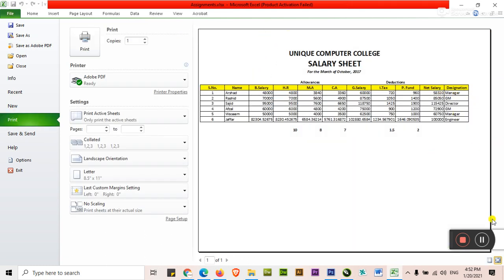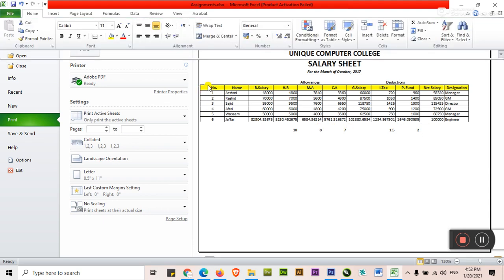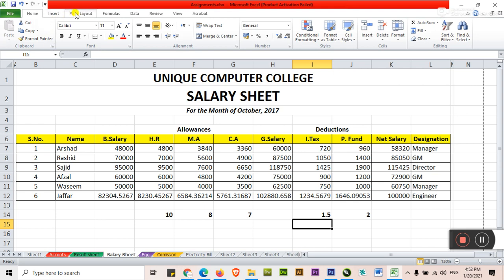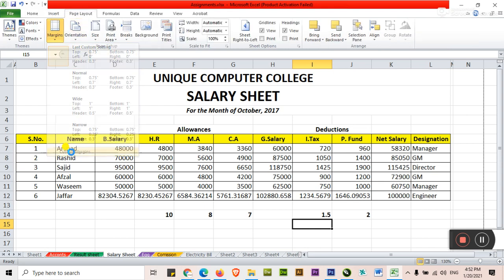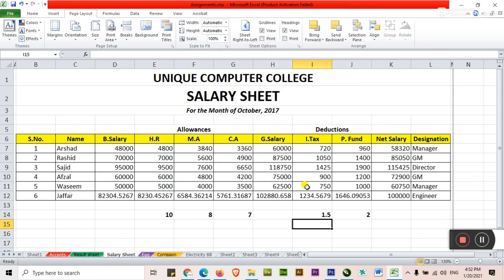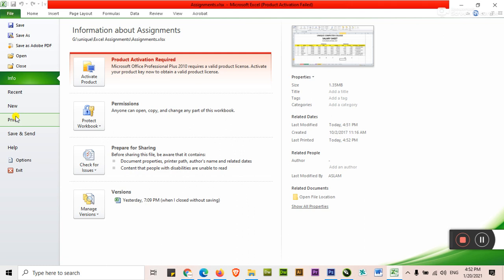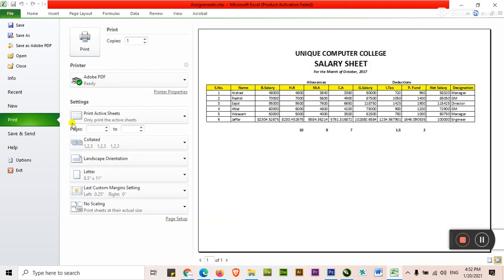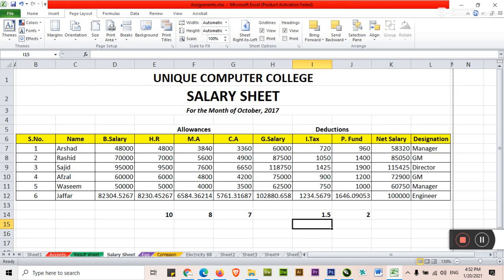Note the page is in landscape, meaning your left-to-right area is greater than the top and bottom. You can also increase the margin on the right and left side. Page Layout, Margin, Custom Margin, increase from the left side. Again check File, Print. Now you are watching that from the left side you have a little margin, and from the right side also. This is, I think, the perfect area.